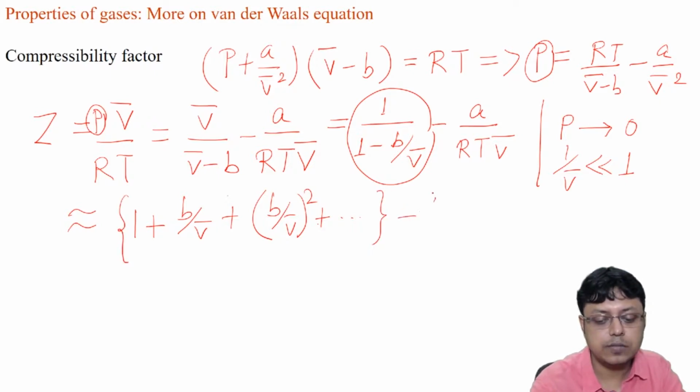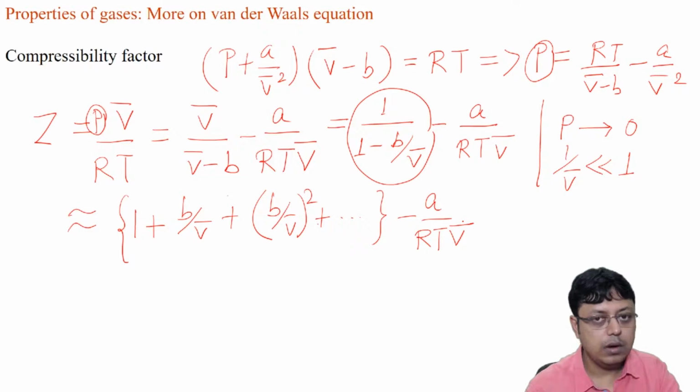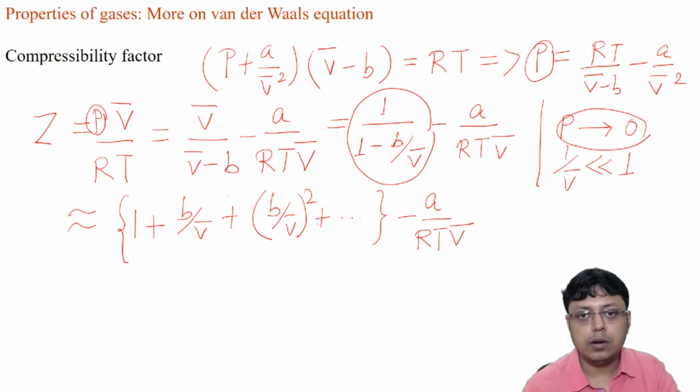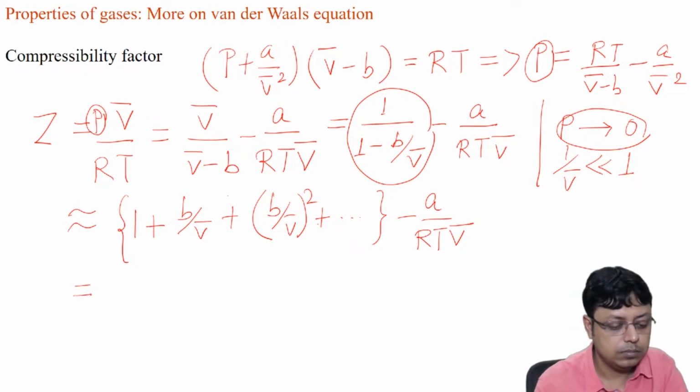This is the Taylor series expansion for the first term, and then there is an additional term. Now we can ignore the higher order terms because in the limit P tends to 0, 1 over V bar also tends to 0. So we can just use the values only up to 1 over V bar. Thus we get